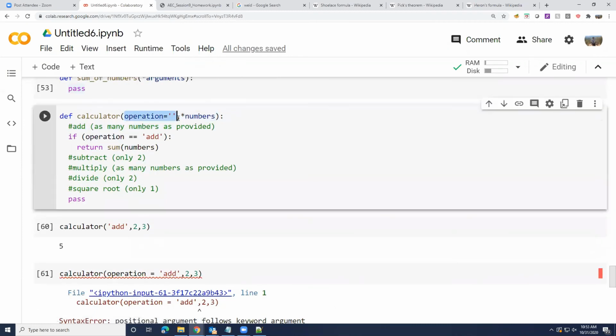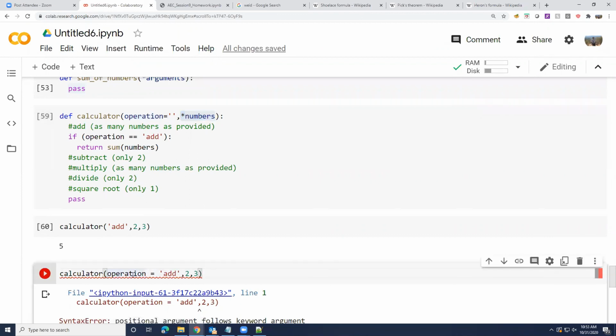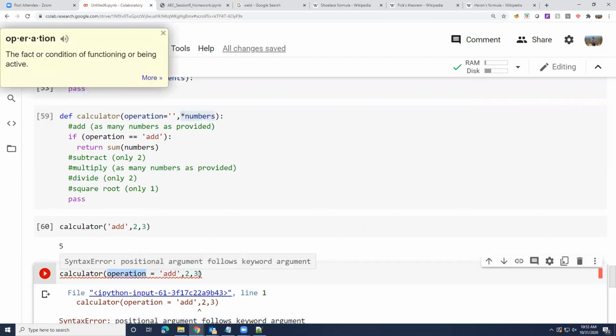That means this argument has to be in this position, right? Operation has to be according to it. Anytime you put a variable number of arguments, then the position of this argument is kind of fixed. So it's a positional argument followed by a variable number of arguments. Hence, this kind of named argument calling makes it fail.